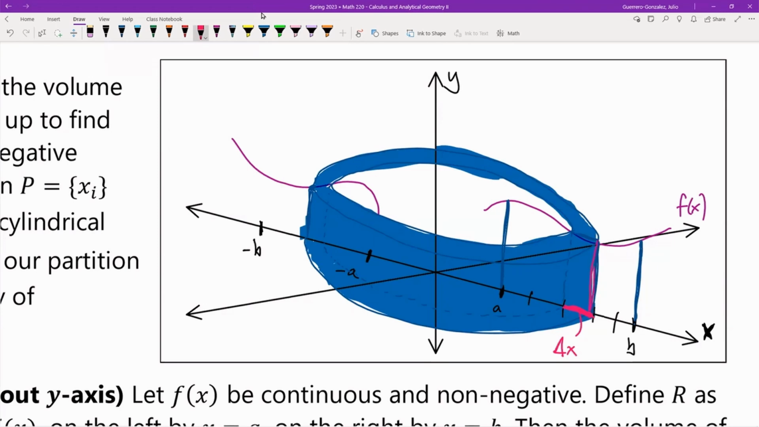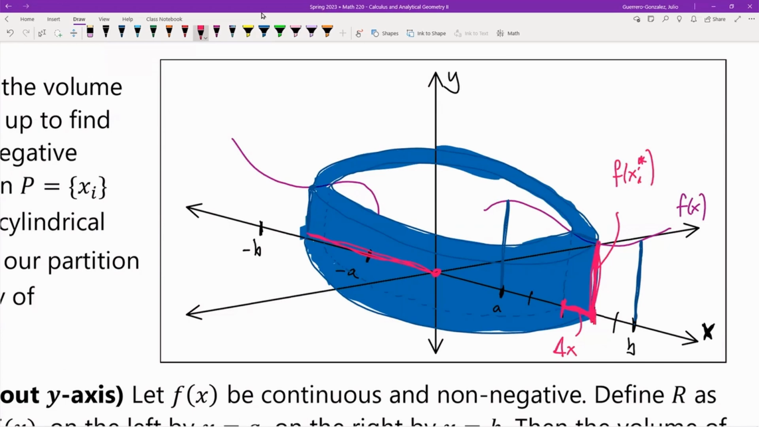We can tell that there's a height here, right? That height is going to be dictated by f of xi star. It's going to be dictated by some x value that's within this partition right here. Okay, and then the last thing that's left is we need a radius, and we can tell that this radius, this way,